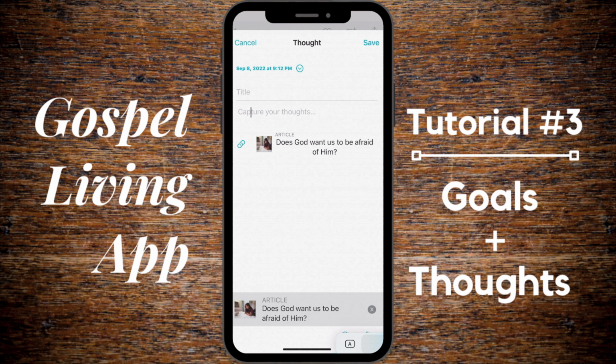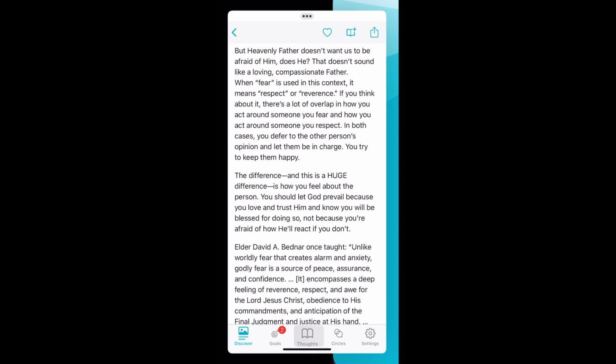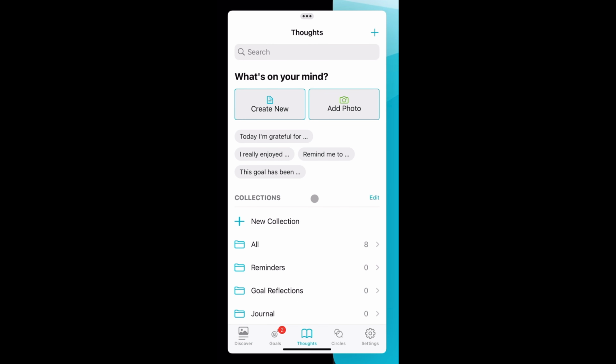And similar to what we saw in the goals options earlier, you always have that really cool link that's already embedded in there. So anytime you come back to that thought, it'll automatically be there for you to reference and go back to what you were reading at the time that you had those thoughts. Pretty cool. Now, the last feature that's really worth mentioning in the thoughts section is this awesome little search bar